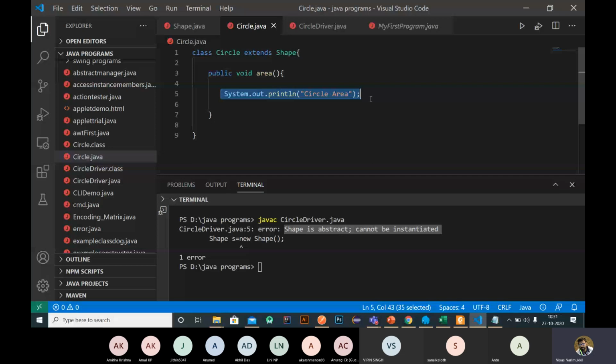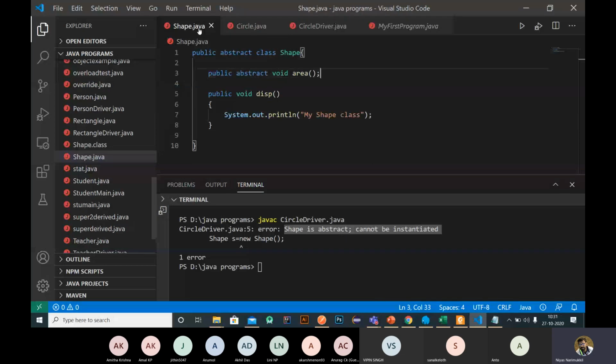For a triangle, the area is different. For a circle, the area is different. For any shape, the area is different, right? Or the perimeter is different. So Shape is a generic term, and for generic things, we use this abstract kind of concept. Okay, so that can be implemented differently based on each child class.